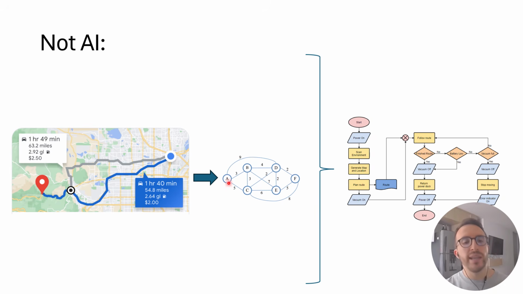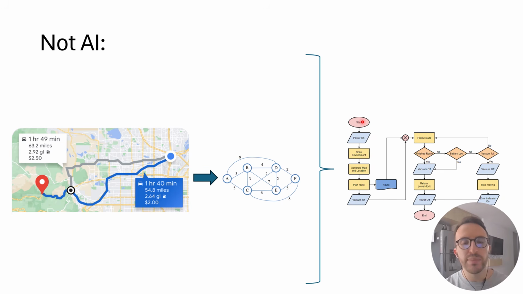And when you tell it, hey, I want to get from point A to point F, there's a set of steps that start executing that could be represented by a flowchart or by computer code. Those steps might say, okay, you're on node A, look at the outgoing edges, take the shortest one out. And then when you're on that node, consider the different edges. And then a set of steps that I won't go into because they're not relevant to this video. But the point is that it can be represented by a flowchart, and the flowchart was designed by a human.